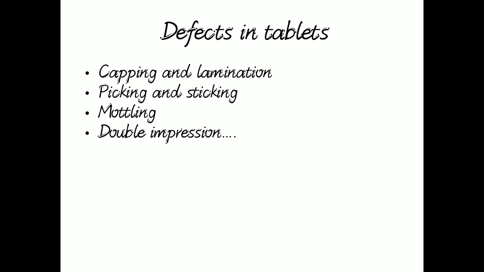taking place when the tips of the punch are either engraved or embossed. Okay, especially for the letters like O, A, and B, enclosed area which is found, it is very difficult to get manufactured very clearly. Okay, so this was about picking. And sticking is the tablet material which will stick or adhere to the die wall. Okay, so